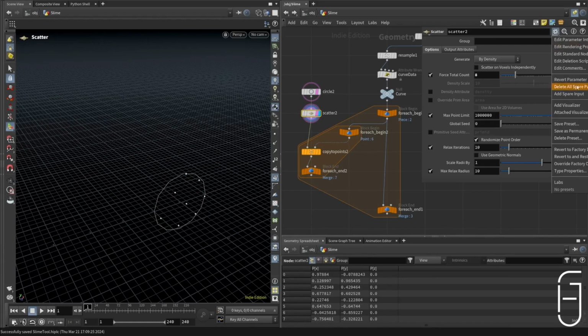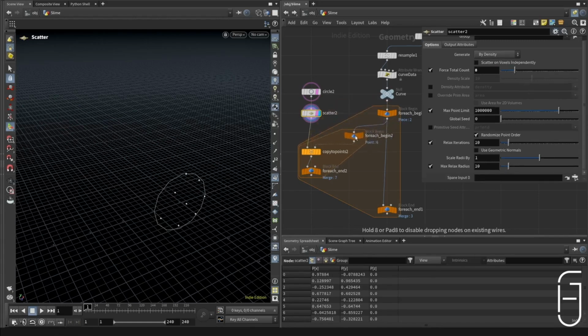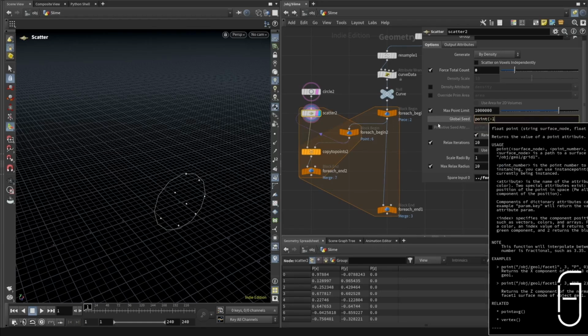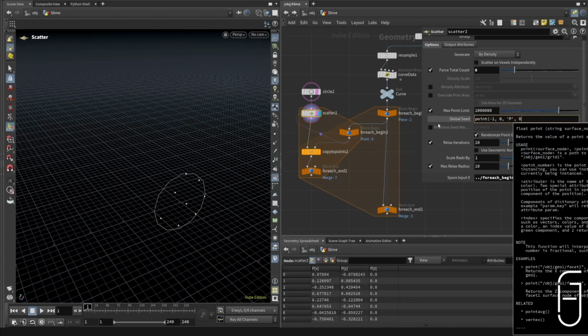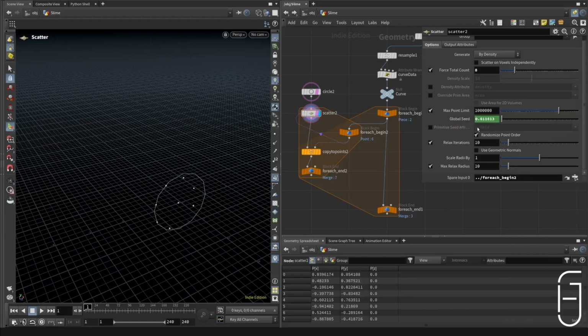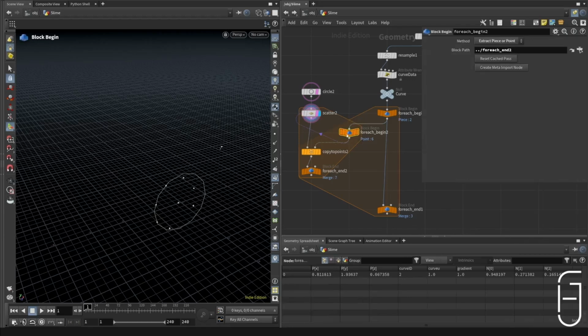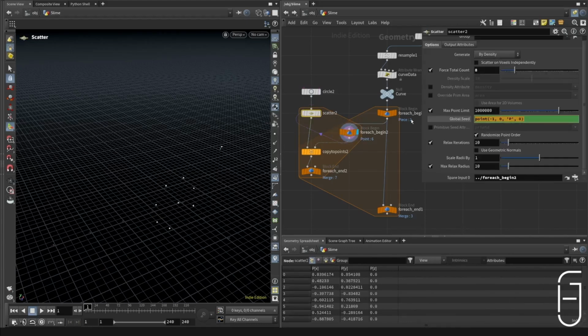In these scatter nodes, we can add a spare input, and we can add our for each begin to the spare input. And then in our global seed, we can say point of -1, point number 0, attribute P, index 0. So this will give us the x coordinate of this point that we're copying to. And this will randomize the order that's in here. So if we also add the y coordinates and the z coordinates,